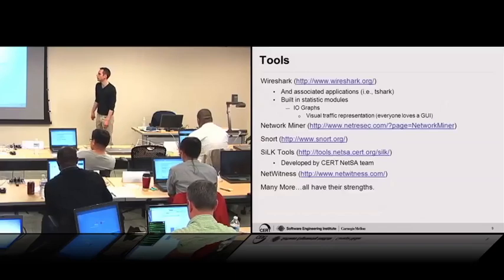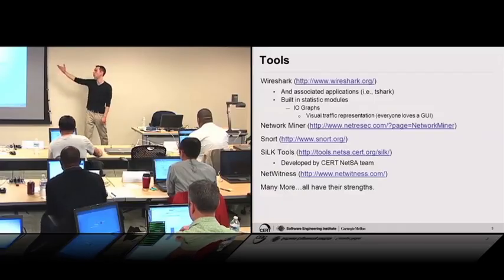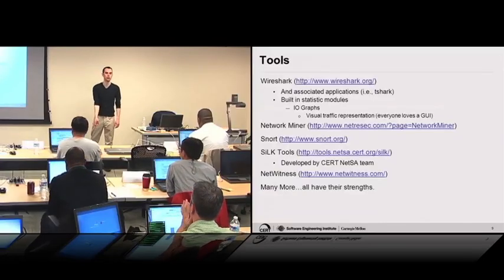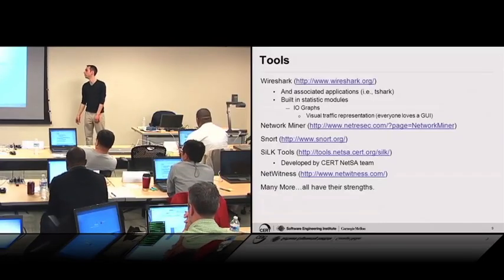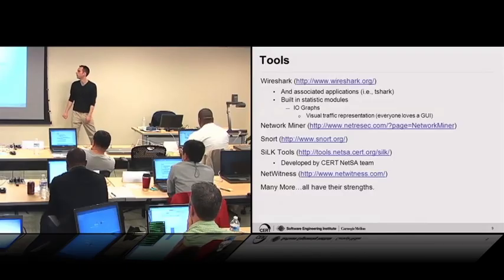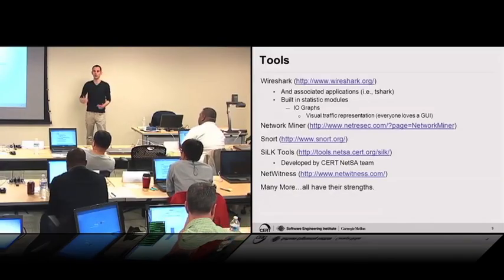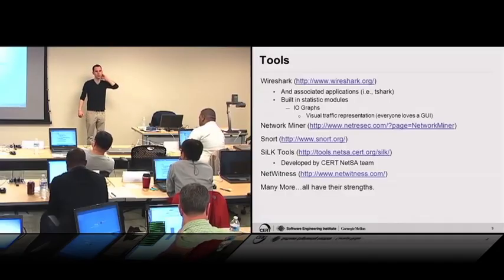So again, here are some other tools that you can use for statistical analysis or network traffic analysis. Wireshark is the big one, which most of you are probably familiar with. It is probably one of the best. It's hard to say anything bad about it, because it is a really good tool and it's free. There are some command line tools like TShark, which will do parsing outside of the GUI. So on larger data captures, you can use things like TShark and its related